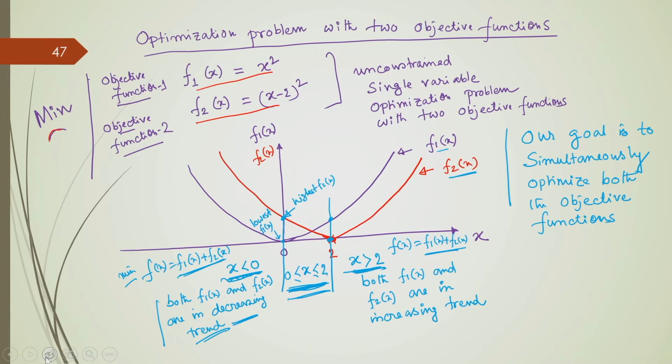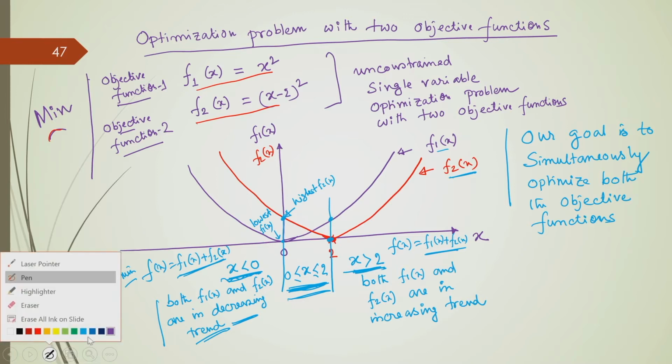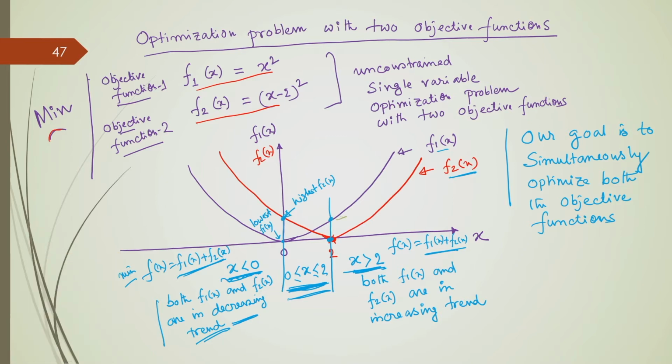And here you can see the highest value of f 1 x and the lowest value of f 2 x. Okay. And in between all these values of x, you can see